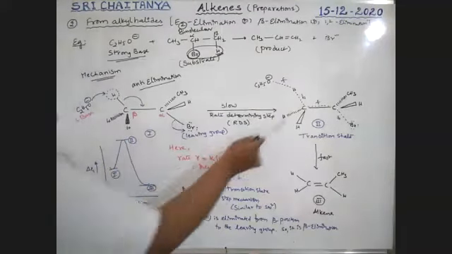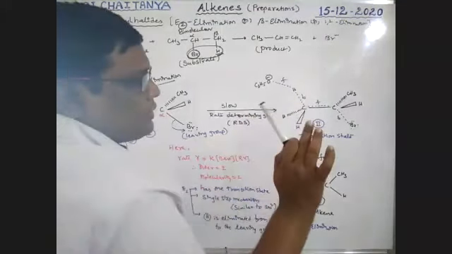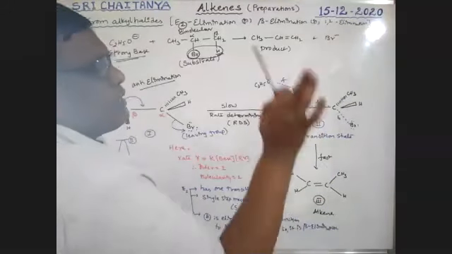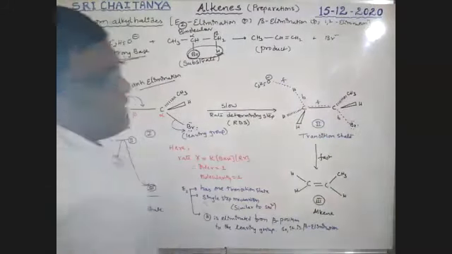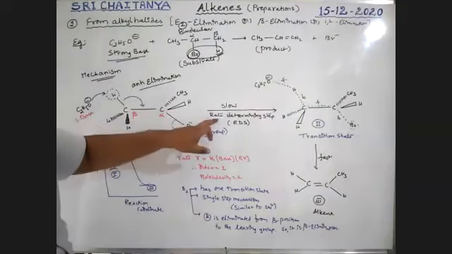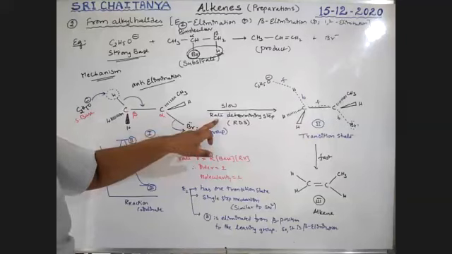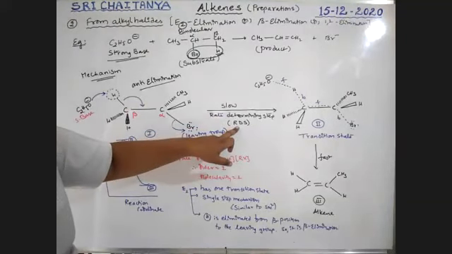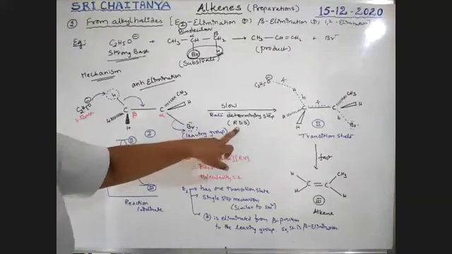So that is a bond breaking. These dotted lines are nothing but some bonds are going to break and some new bonds are formed. It is called a transition state, boys. It takes a lot of time. That's why this is the slowest step. That slowest step is called the rate determining step. In future, I'm using RDS. RDS means rate determining step.